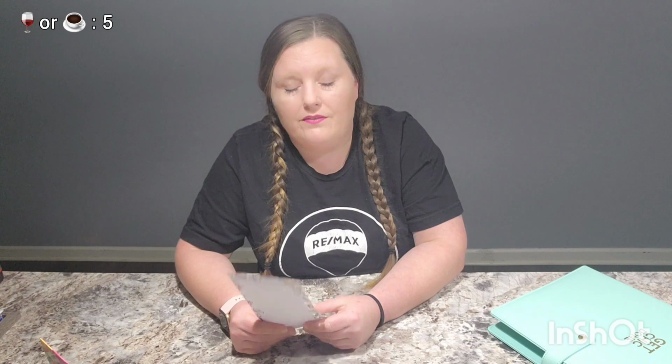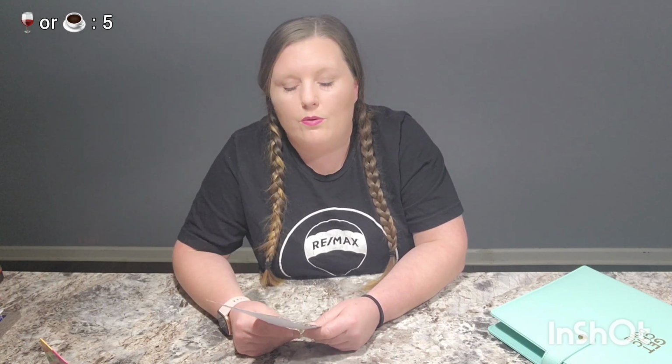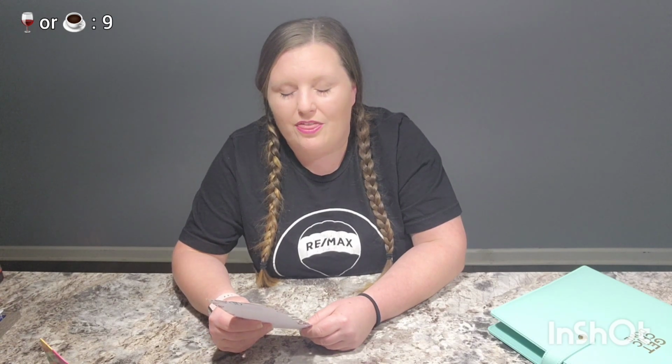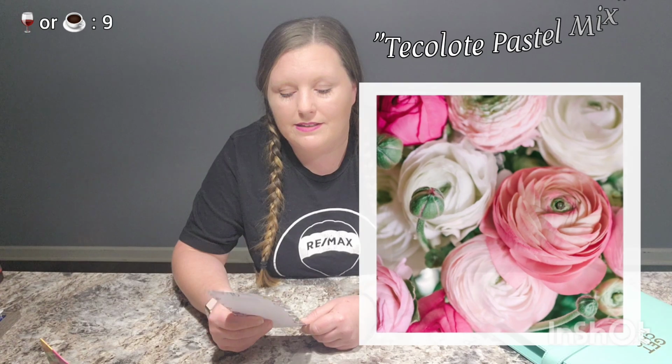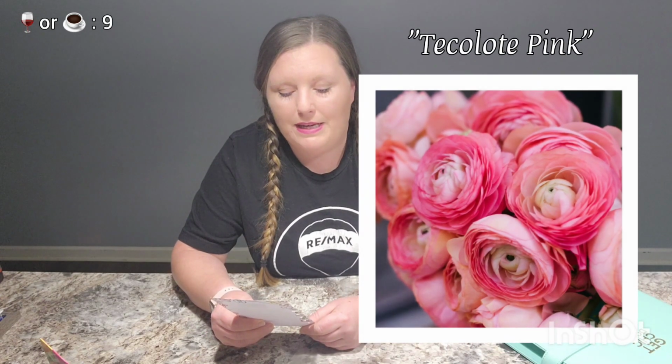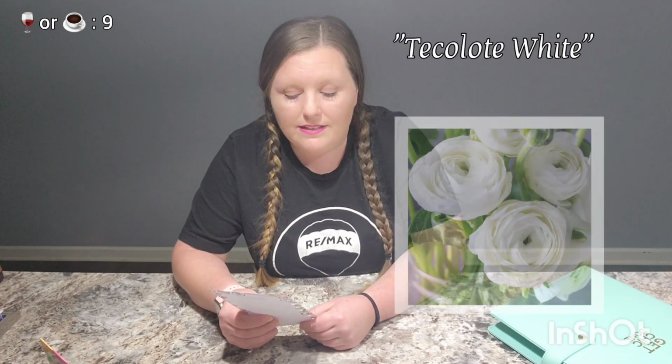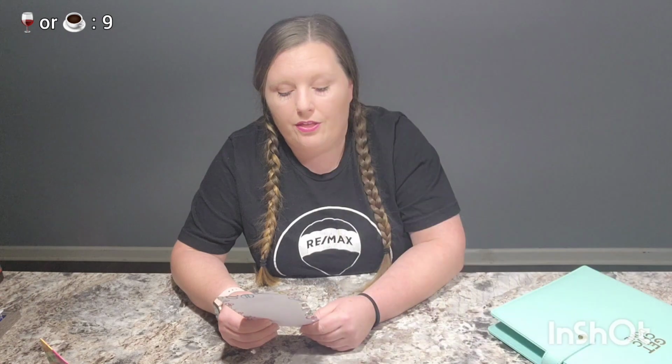So next we have Easy to Grow Bulbs, and I ordered from them for the first time last year, and everything that I ordered from them, from lilies to hostas to caladiums to ranunculus, their bulbs, corms, and tubers were just super great, super large, super healthy, just super satisfied with them. And I ordered 30 Tecolote Pastel Mix. I ordered 10 Tecolote Pink. I ordered 10 Tecolote Rose. I ordered 10 Tecolote White, and I ordered 30 of the